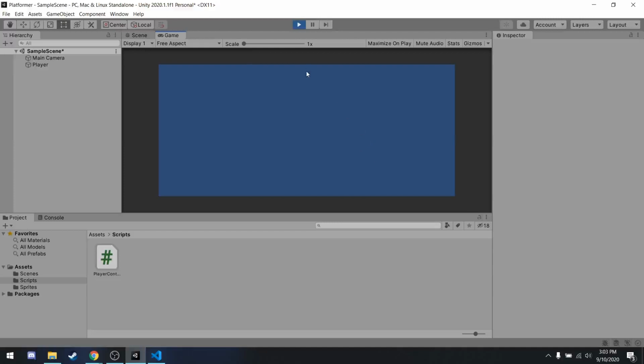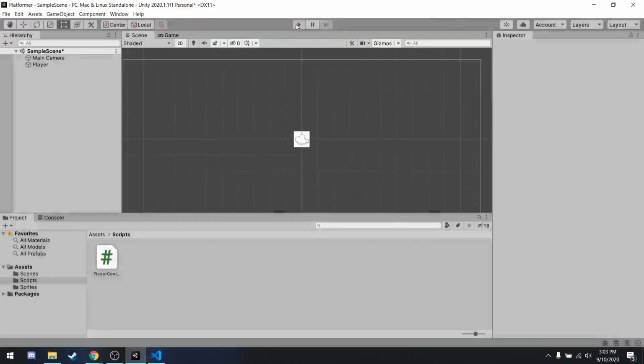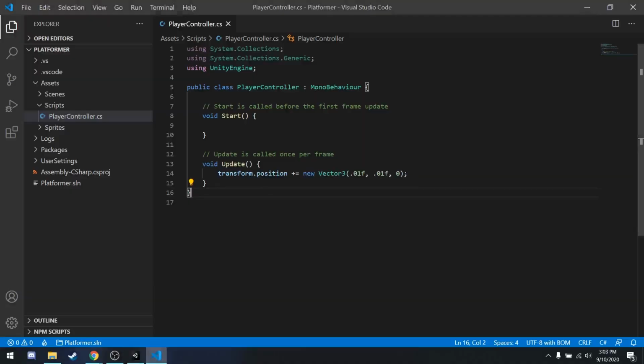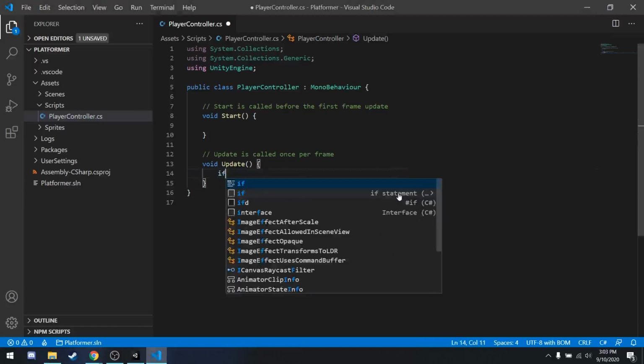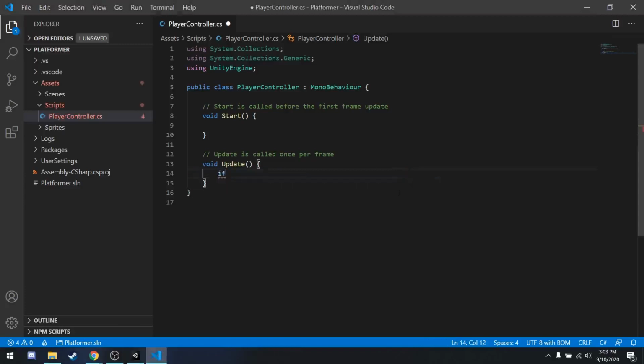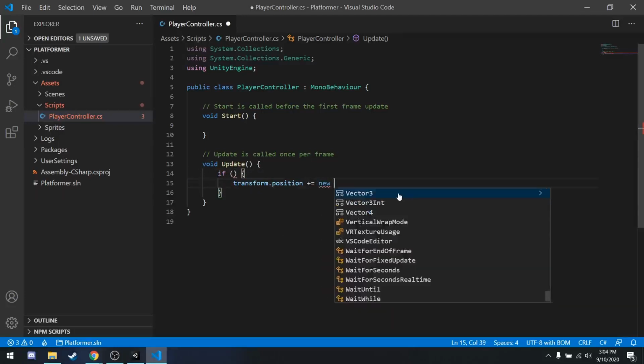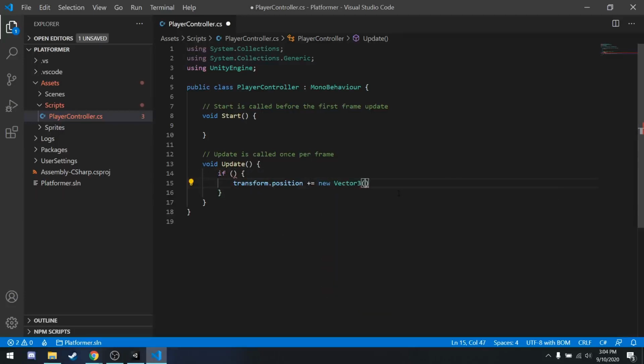So now the thing we want to do is adjust the player's movement based off of our actual input. A way many people starting off will do this is they'll write an if statement, and they will check to see if the player is holding down a certain key, and then if they are, they will change the transform by a certain amount. So for example, if they want to move left, they'll do, actually this would be right,